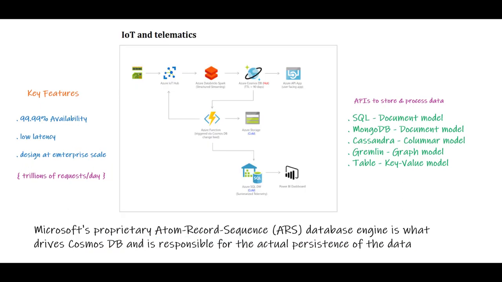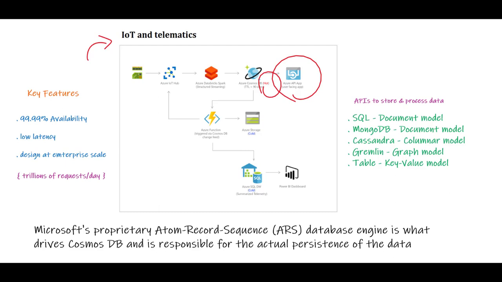I want to tell you a little bit about the use cases of Cosmos DB. Here I'm looking at IoT, Internet of Things. So data comes from, well, wherever. Inside of the Azure IoT Hub, for example, you can use Azure Databricks Spark for structured streaming. You can send that data over to Cosmos DB if you're going to be serving up the data hot or in real-time mode to what would be public-facing or user-facing APIs.